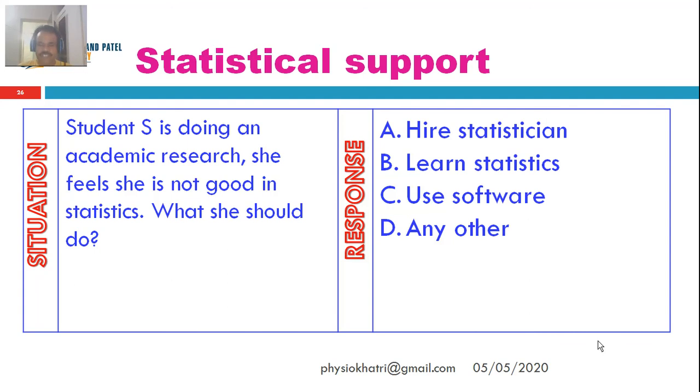Okay, hiring a statistician is fine. You might pay and get your work done. You could learn the statistics. That is also one of the best options. Learning to use the softwares is also a good option. Any other? The last comment here is very simple: even if you hire a statistician,